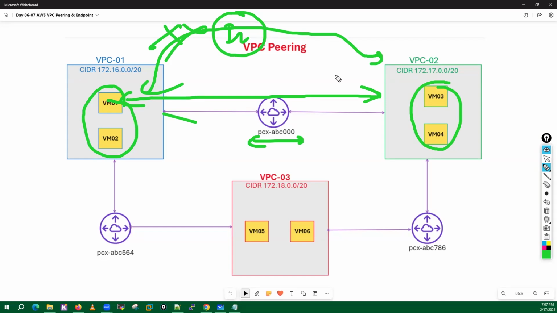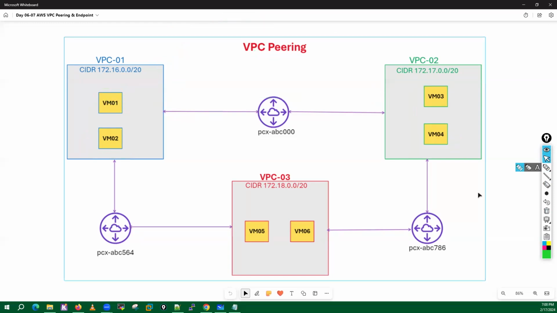One question from Sachi: is it possible to connect another cloud like Azure or GCP public to public? See Sachi, public to public you can connect without any issue, because if your VMs in another cloud like Azure or GCP have a public IP address, you can communicate directly. Even if you want to enable communication, you can go with an IPsec tunnel. But a peering type of connection is not possible between two public clouds like AWS to Azure. It is not happening.